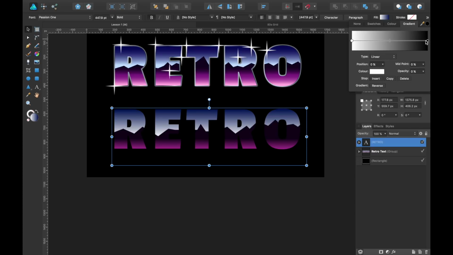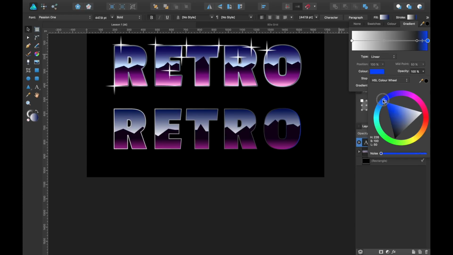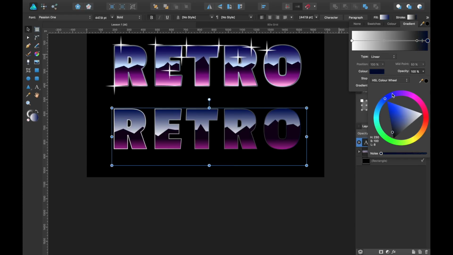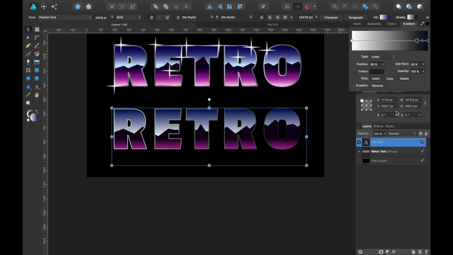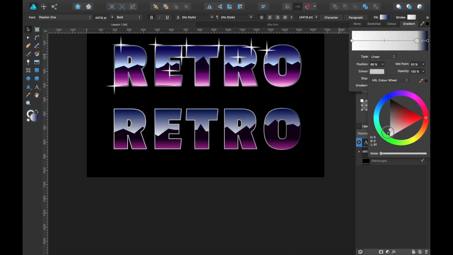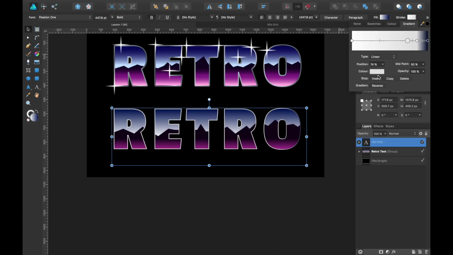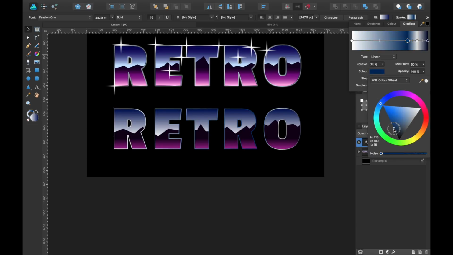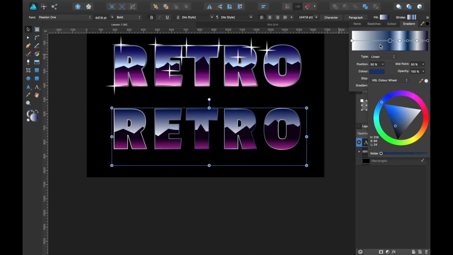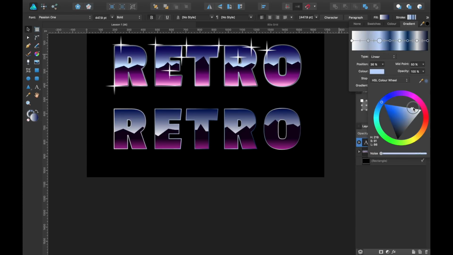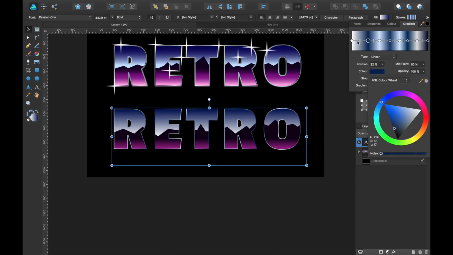We're going to go up to stroke and we're going to choose gradient and we're going to start adding some colors in there. So I've made it kind of metallic by going white and then dark blue, white and then dark blue. So we're going to do that. So I'll make this one dark blue. And we're just going to continue doing that. Some white.